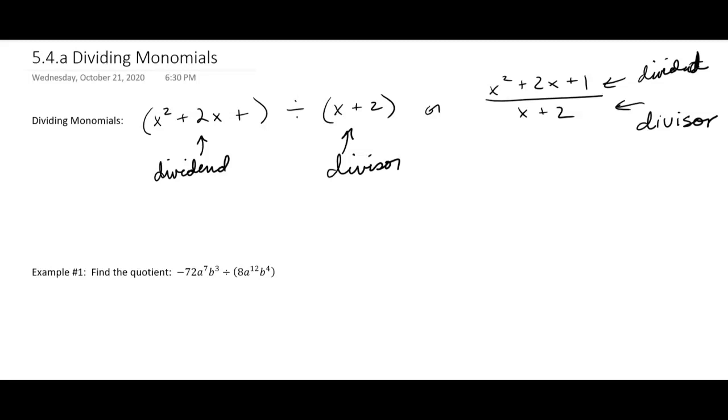Okay, so in this little part, we have monomials that we're dividing. So in example 1 here, we have negative 72 a to the 7th b cubed, divided by 8 a to the 12th b to the 4th. And then I would use the rules of exponents or canceling to do this problem. So I know 8 goes into 72 9 times. My answer is going to be negative. And then I have more